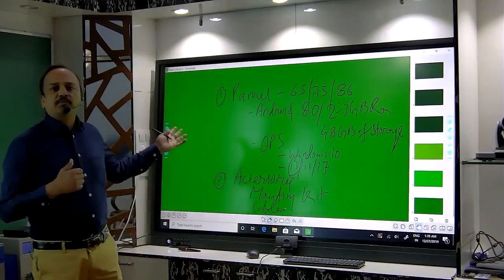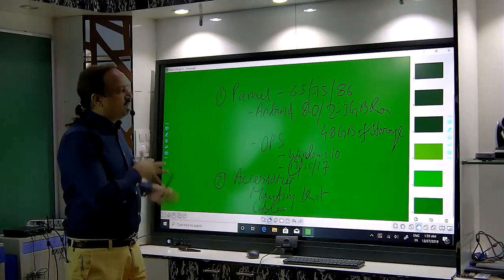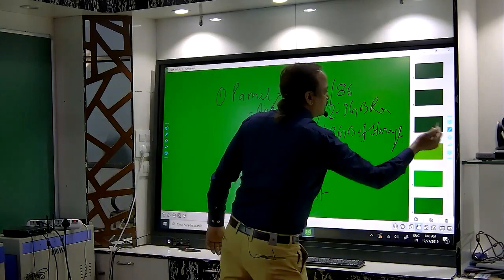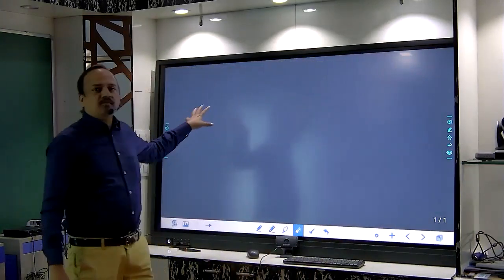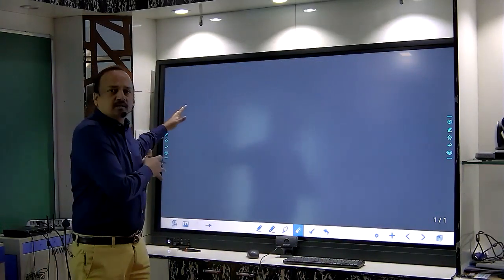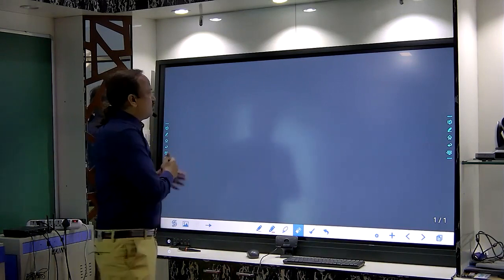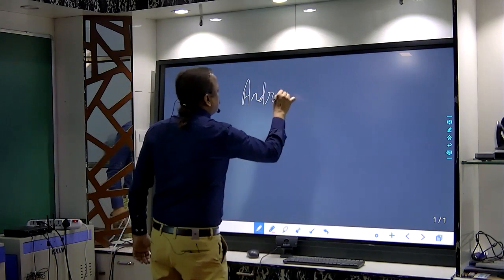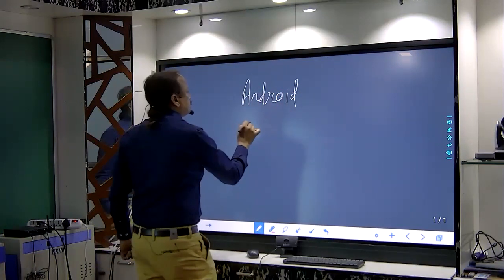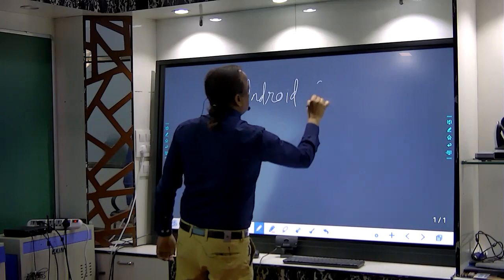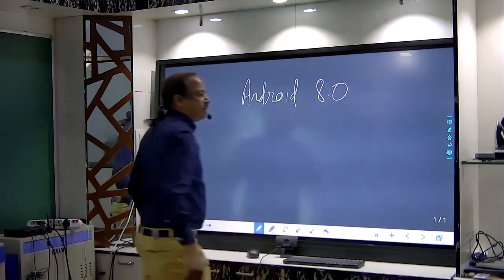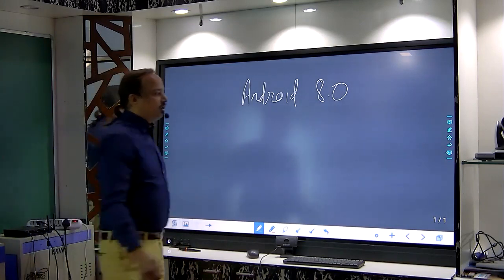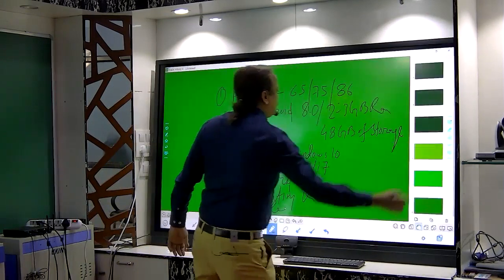Now when you talk about the panel, you have seen I am writing on this panel. You can shift from Android to the CPU. This is the Android version where I can write onto this. So if you have to only teach, I think I am using Android 8.0 right now. If you have to only teach, you can use the Android, or you can shift to the PC immediately.